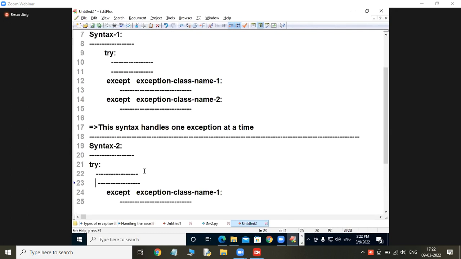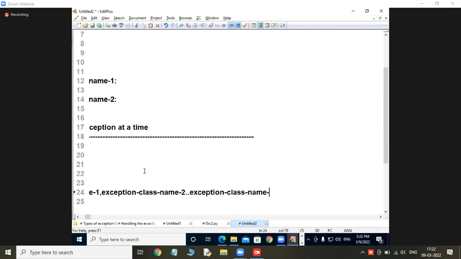Write the exception class names in tuple format, guys: exception class name 1, comma, exception class name 2, and so on, up to exception class name n, then the indentation symbol.